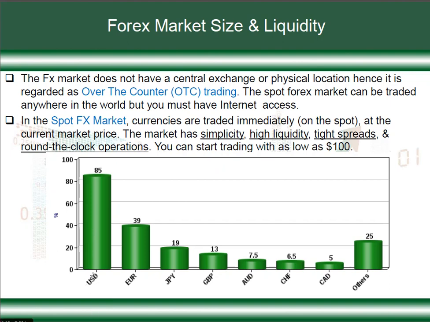There is high liquidity. There are so many currency pairs. Look at the volume of USD in the market: 85%. This is the most traded currency, so it participates in most of the transactions. 85% of the transactions will always have a USD in them. 39% will always have a euro, thereabout. 19% of the volumes traded in Forex will have a Japanese yen. And you can see the trend goes on with the pound coming next, the Aussie, the Swiss franc, then the loonie, or the Canadian dollar, following. Of course, others would be in that category.